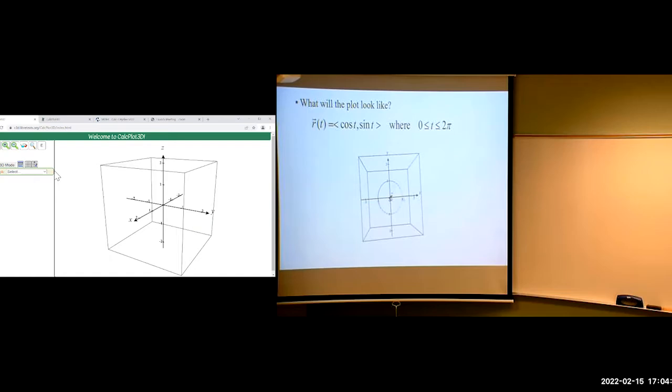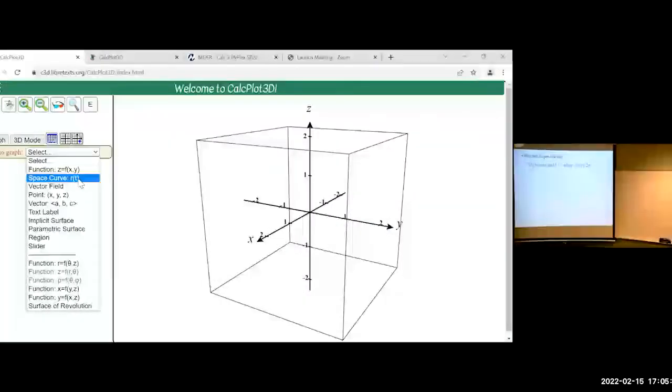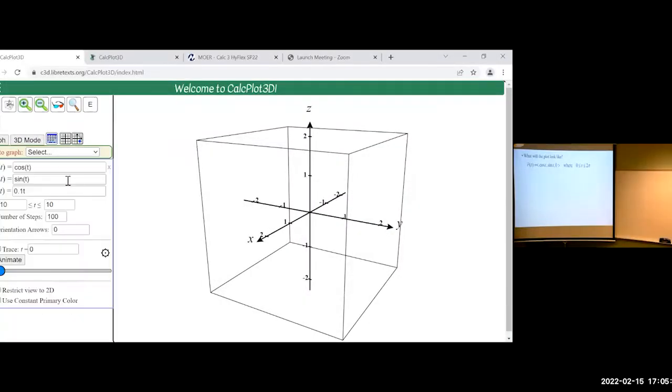So here's where it's going to get interesting, when we add that third component, and we're just going to start off with 0. Now in Calc Plot 3D, this is what we call a space curve. It's basically some kind of line in 3D as opposed to a surface. So if you go to your space curve, you can see cosine and sine are already in there. We're just going to put 0. We already said cosine and sine make a circle centered at the origin of radius 1. Well, we didn't really mention it before because we only were dealing with the xy plane, but it lies in the xy plane. So if we go to plot this guy,